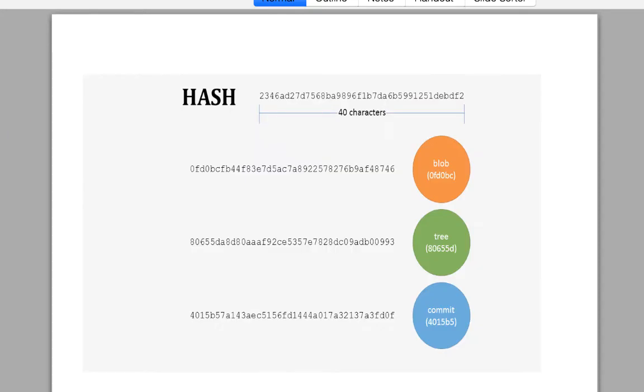As I talked about that hash, SHA-1 is the algorithm. We can pass the content of a file inside it as a blob, and it will give us one hash. In the same way, a directory and the content of various files can be given to it and it will become a tree, and that tree will also have a hash. Then multiple trees can constitute a commit, which will also have a hash.